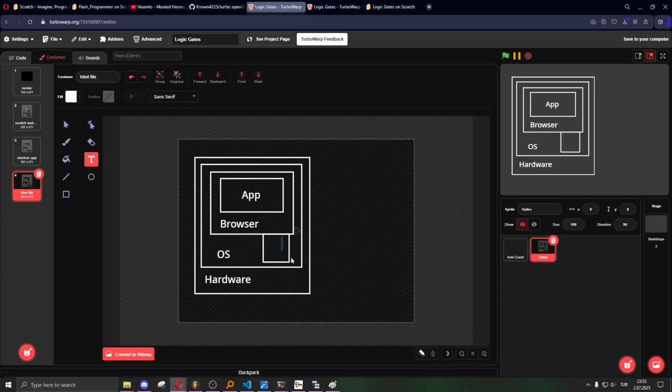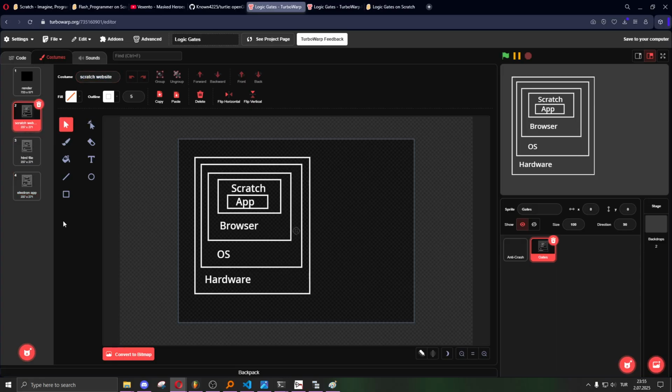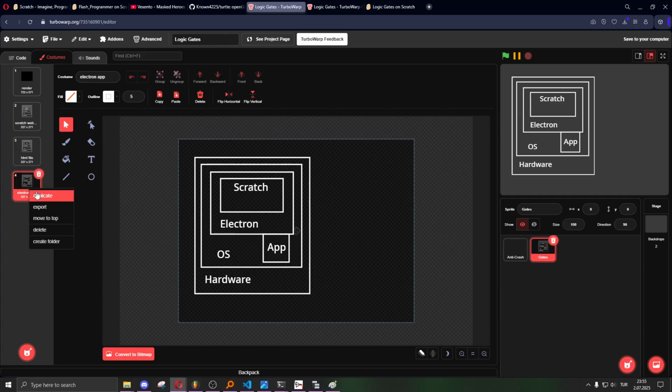So we can just put our app right there. Okay, this is an HTML file from TurboWarp's packaging. This is an Electron app from TurboWarp's packaging. This is the Scratch website. And now let's do